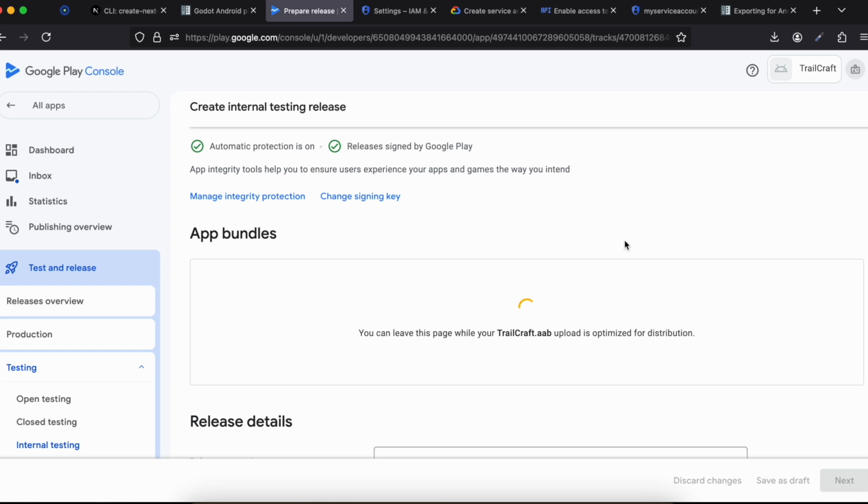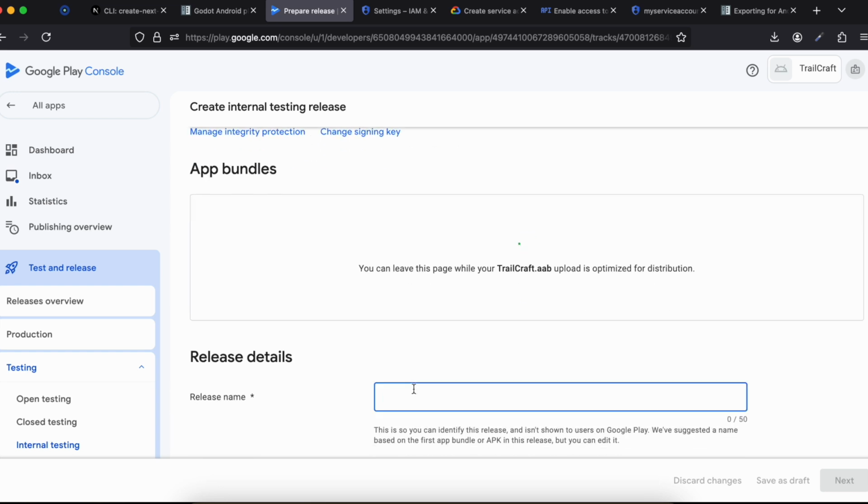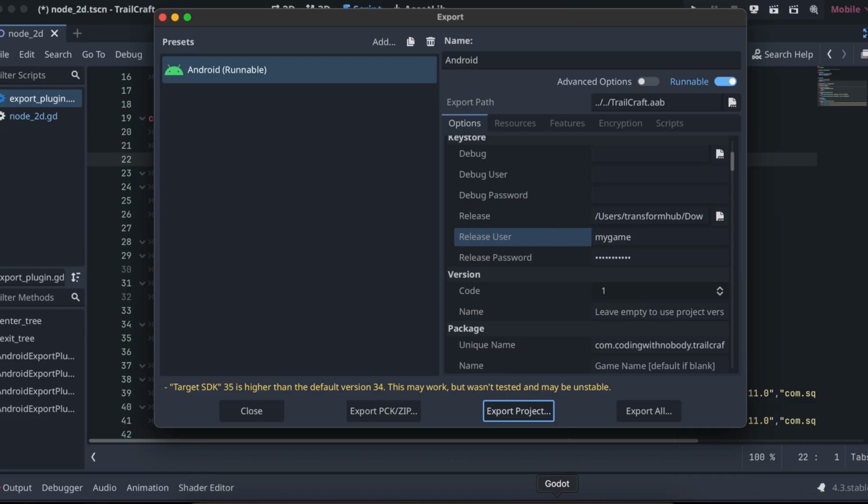Okay, let's just wait. Okay, now it is optimizing it. So here I'll just give the release name as 1.0. One more thing which I want to tell you is if you are generating